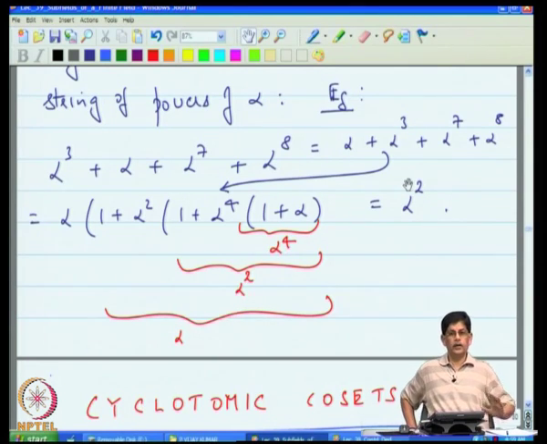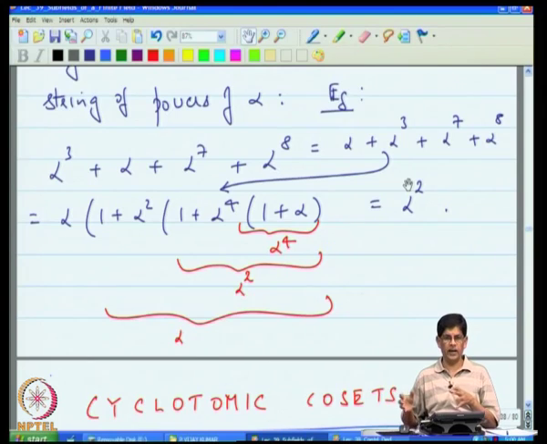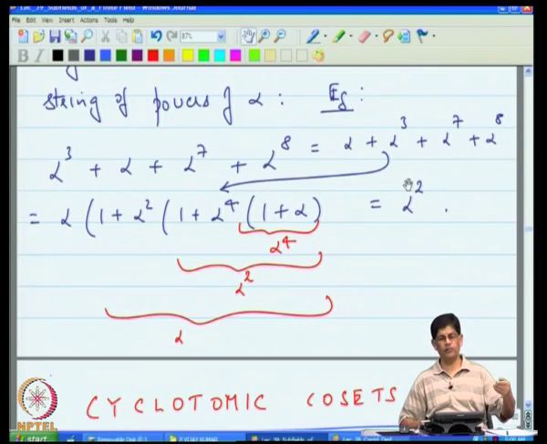Okay. So, in a way what you are really saying is that, look, if I want to think about my finite field, I can either think of the elements as polynomials in a primitive element alpha, or the other way in which I can actually think about the finite field is as powers of a primitive element alpha. And clearly the representation as powers of a primitive element alpha is so much easier and more convenient. The only problem is how do you add, because in the polynomial notation it is easy to add, in the power of alpha notation it is easy to multiply, because alpha cubed times alpha 4 is alpha to the 7,